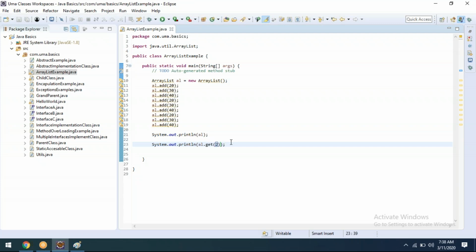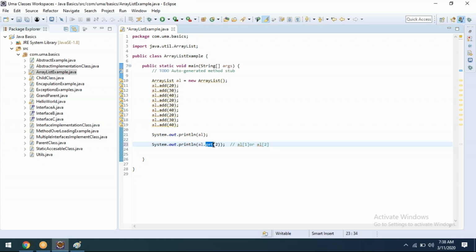Sometimes, see, the same thing, what will happen if you go for array, a of 1 it will come, or a of 2 it will come, if it is an array. If it is array list or any collection framework, how we need to get the data? al.get().